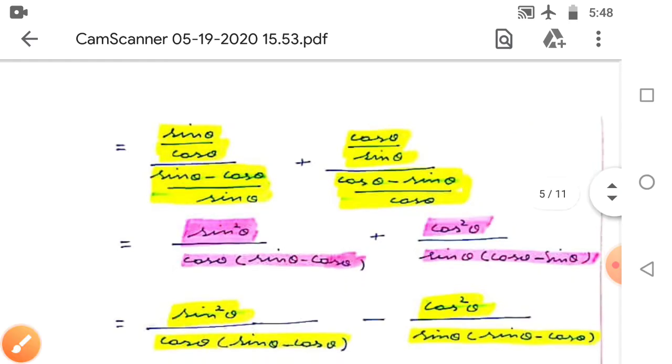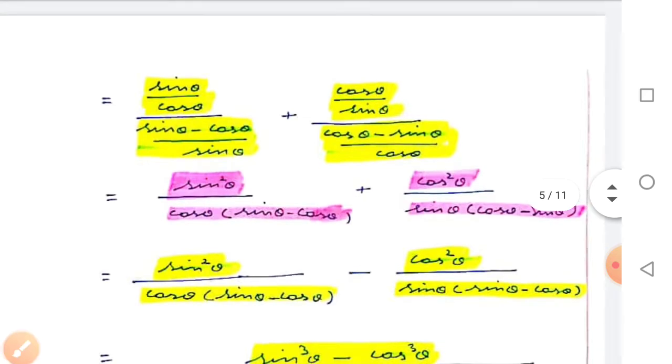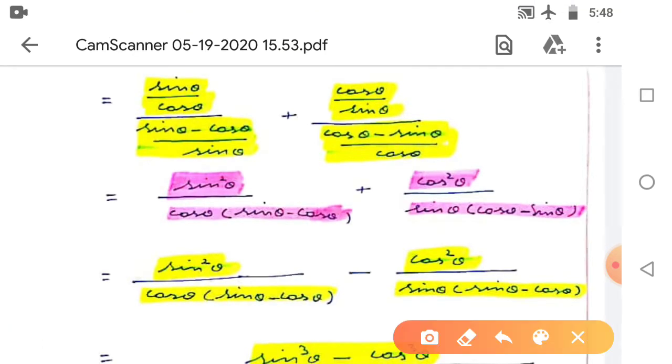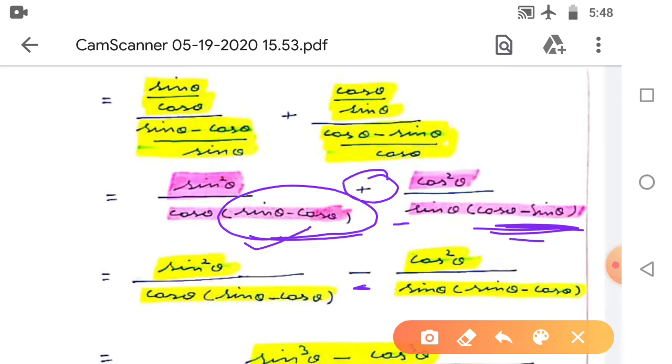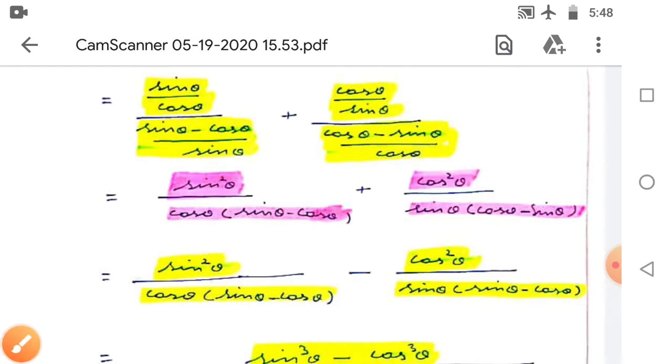Now again the very important step, look at here, it's a very important step. Look, this is sin theta minus cos theta, and here we have cos theta minus sin theta, right? Now we have to take the LCM. We don't have any other option here. Clear? Now to take the LCM, we need to change the shape of this. This is sin theta minus cos theta. So here, instead of writing cos theta minus sin theta, if I take minus common, so this plus becomes minus, and this becomes sin theta minus cos theta. This is the important step.